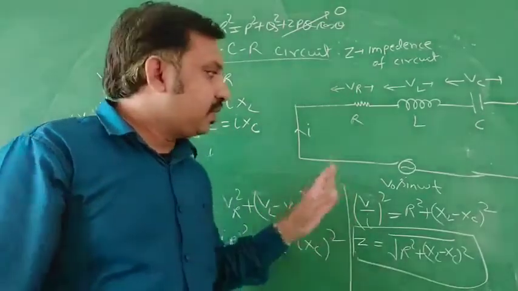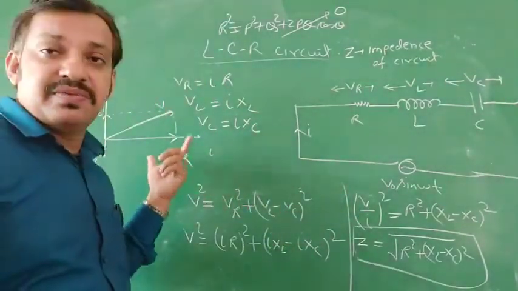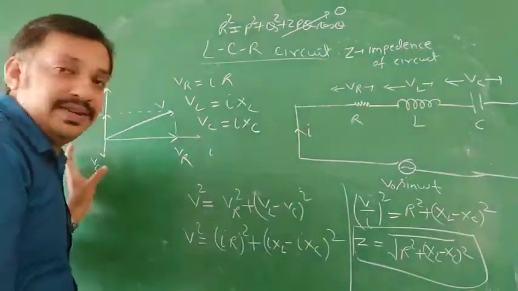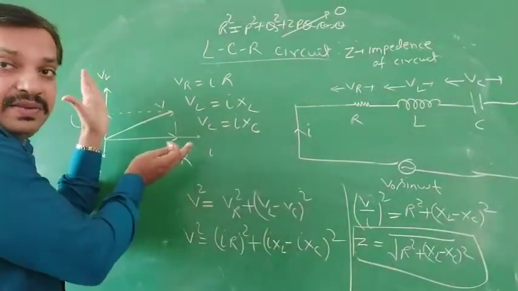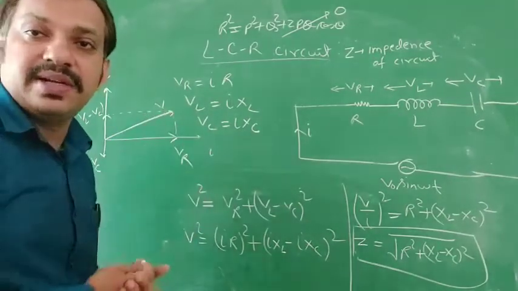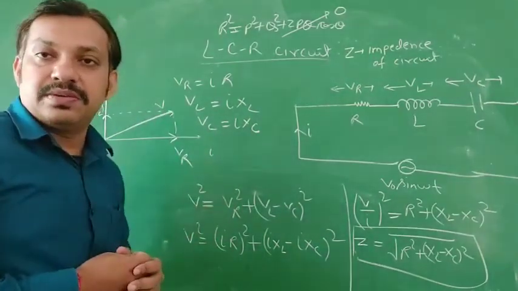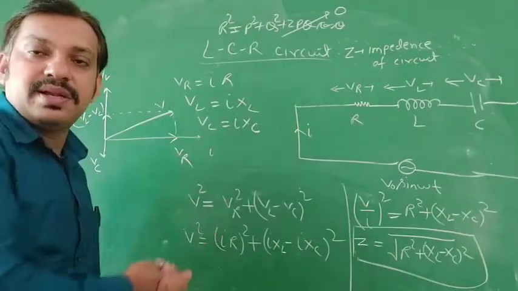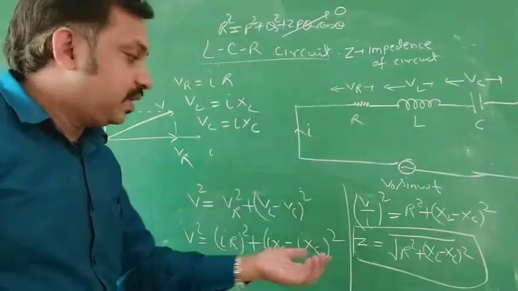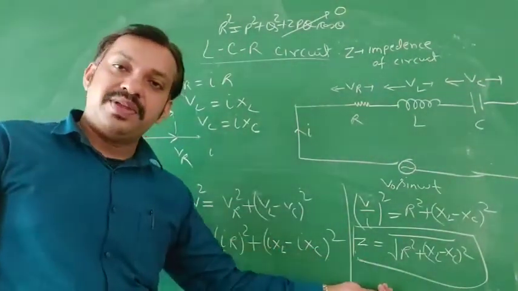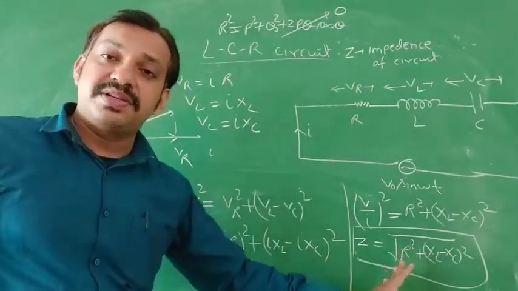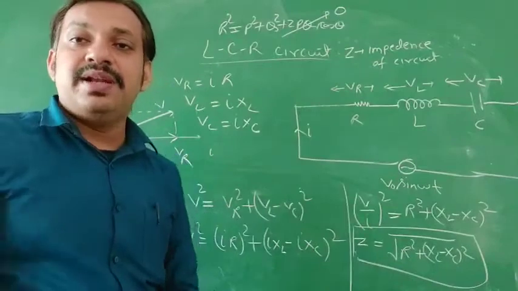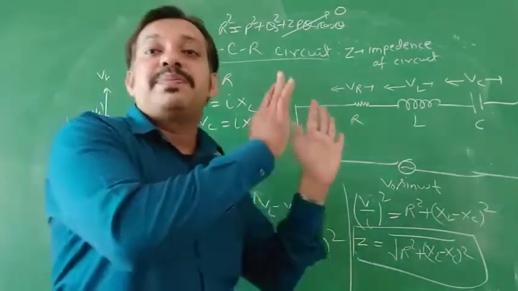So it is clear. If you want to draw the phasor for the RL circuit, just see, VC is not there, just remove this VC. Then VR and VL, you have the two vectors, and simply you can find whatever characteristic you want to find out. What is the applied voltage and what is the resistance, impedance. So with the help of this formula, you can find this. If any one is not present, simply you can remove that from the expression, and the resultant expression will represent that particular case.